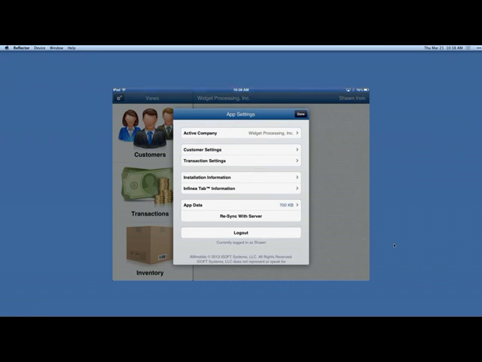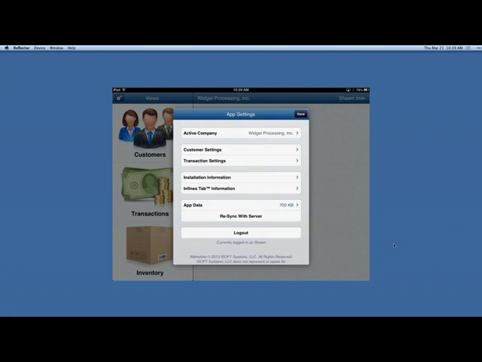For the transactions tab, we download everything for the last 12 months. Then when you drill down, let's say you have open quotes that are 3 years old, when you drill down to the open quote, it'll go out and grab all of the open quotes that make up that, even if they're 3 years old. As you drill down, we'll get more information, but only the last year will show, unless